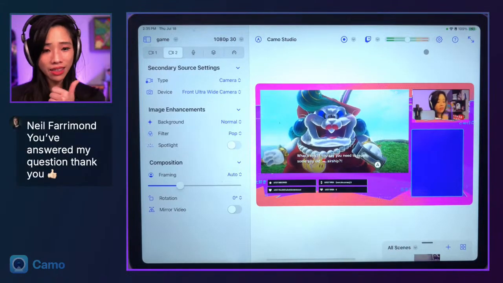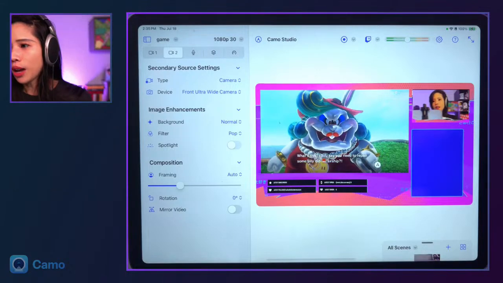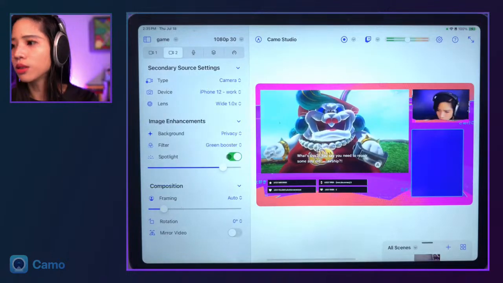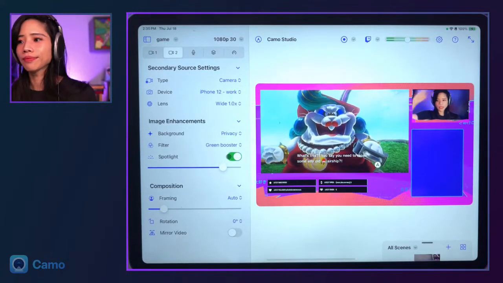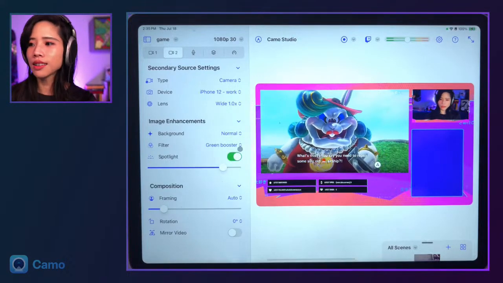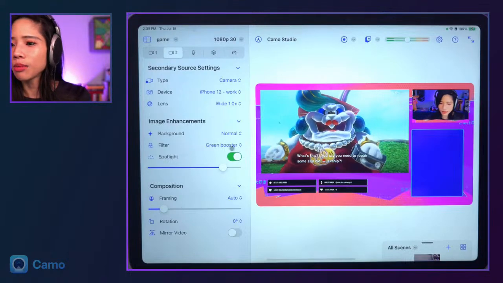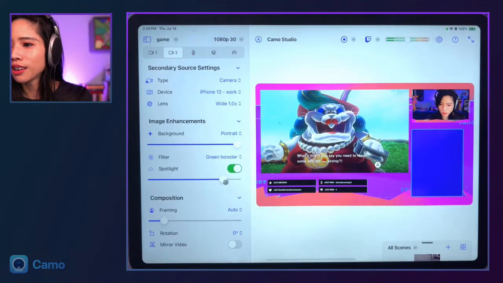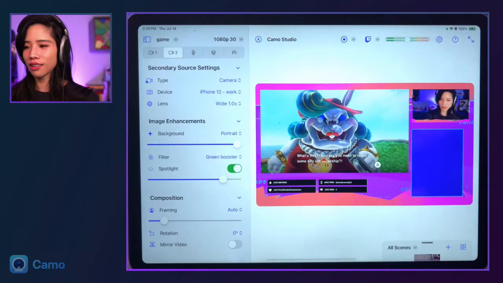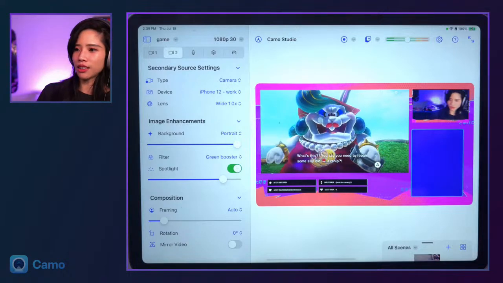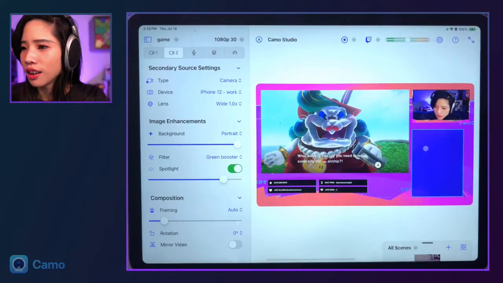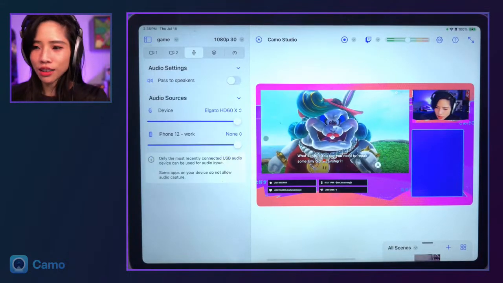All right, cool, Neil. I'm glad that I got to your question. Okay. So let's see, for this camera, actually, I want to go back to using my iPhone 12 camera, which is the one up here. Actually, is my room that messy? It's not that bad. I'll just put on portrait mode and have it a little bit blurry, but okay. I have to stand in front of the light though, otherwise it'll be blinding. All right, so